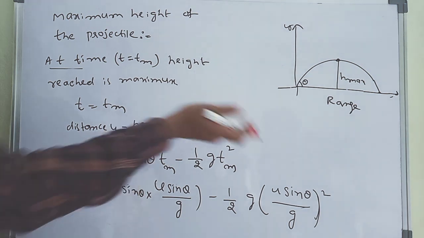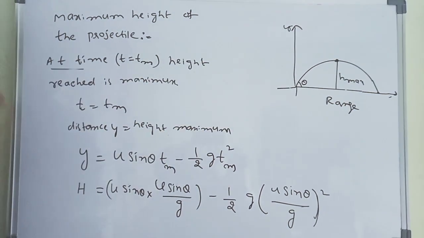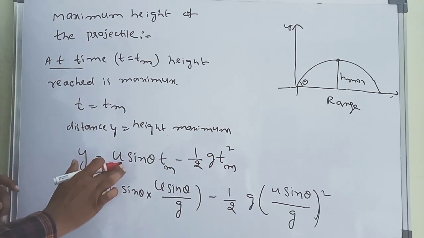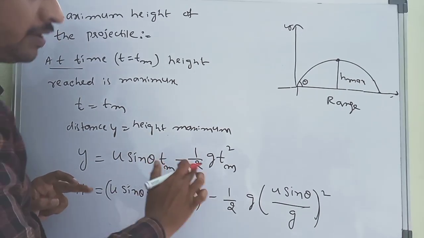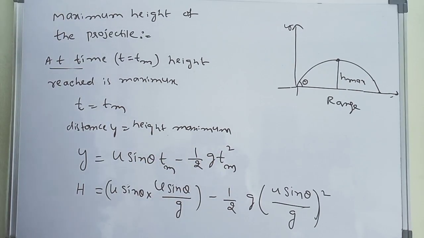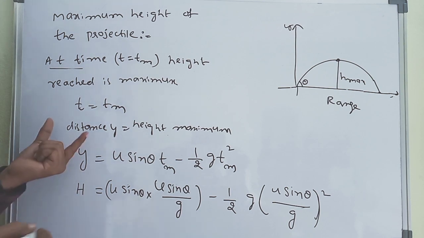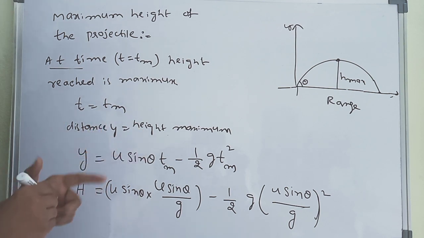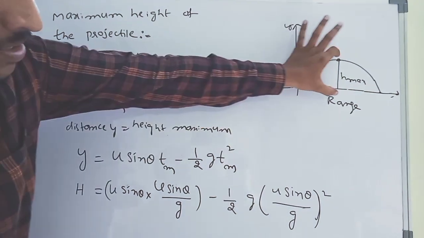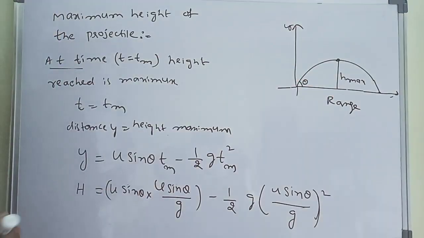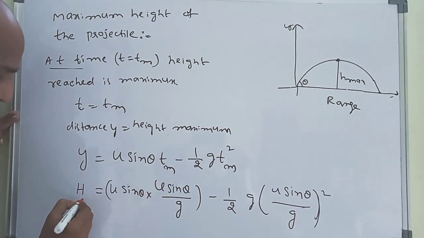vertical component. So what is our vertical component here? That is y is equal to u sin theta t minus half g t square, right? But we know that distance y, what we take here, is the height at maximum. That I am writing here in y place: h maximum,